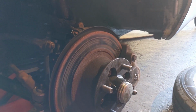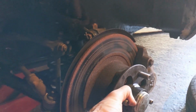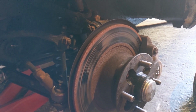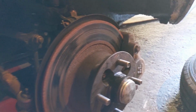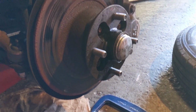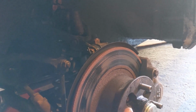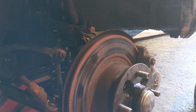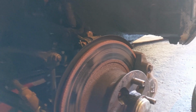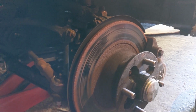You may remember in the last video I talked about this brake seizing. Well, driving it again today and it's seized up again, a lot worse than last time. I used my clamp down here to release it, and so it spun freely. Went to press the brake and it came back and it was stuck again, so the pistons are clearly not retreating back in. I'm not really sure how to fix that, so what I'm going to do